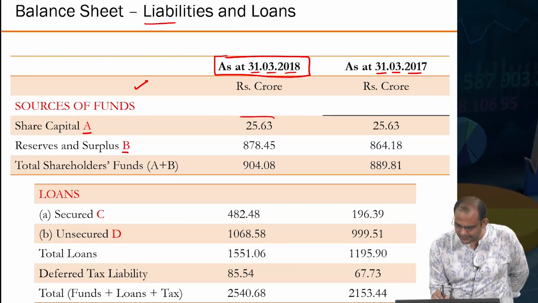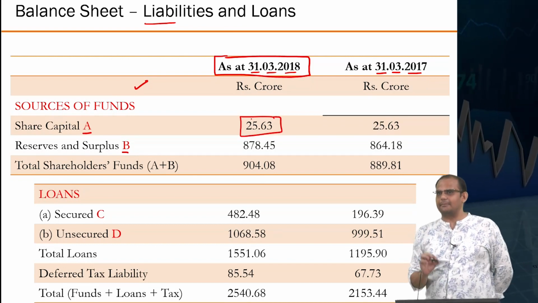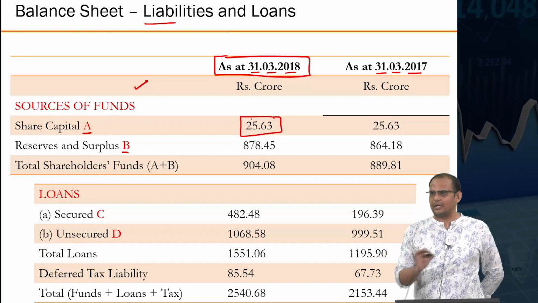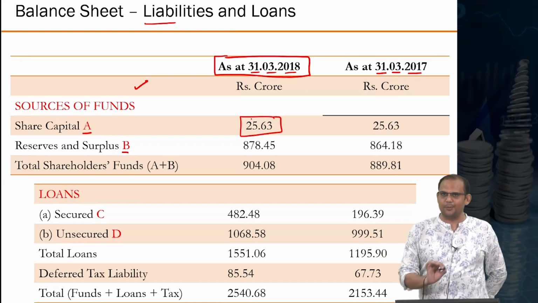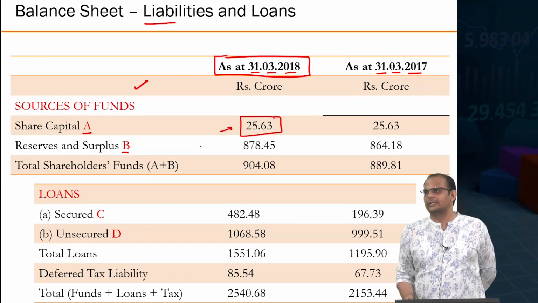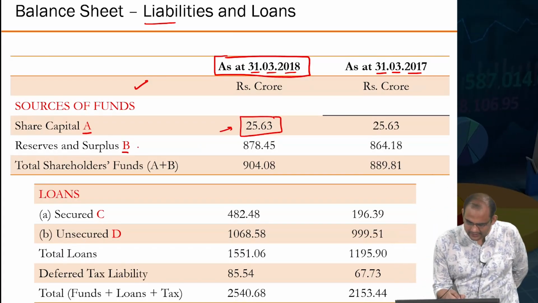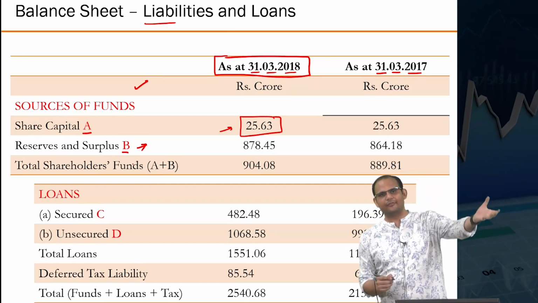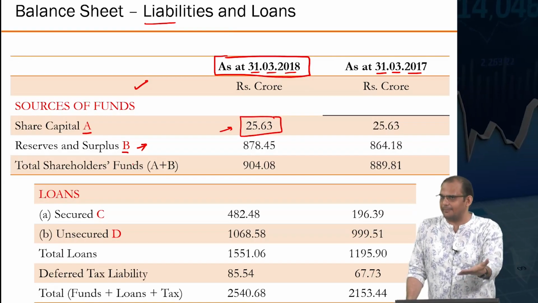So you are showing that as a liability. A liability is something that the company owes to other people. So the company ultimately has a responsibility to pay it back to the original owners, and therefore that money is shown on the liability side. Similarly, reserves and surplus, whatever money the company earned previously from the profit and loss statement,